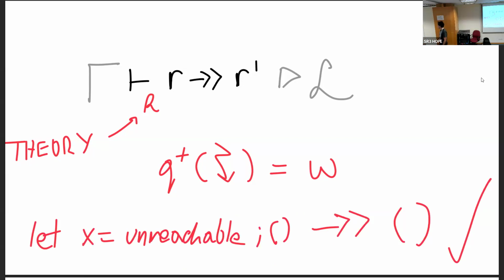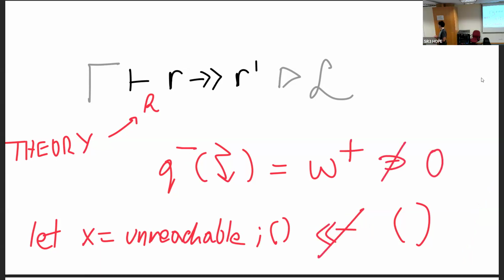But on the other hand, if a variable is used no times in the expression, here we just have the null expression, then we could just remove potential UB. It's always safe to eliminate potential UB. On the other hand, for the negative polarity, we have that our multiplicity is irrelevant. What that means is that it's still safe to duplicate, as we said before, but we can't eliminate. The reason is very simple. If I have a program which does nothing, it would be quite dangerous to randomly stick UB on the front. So our multiplicity information for effects is directed. Don't worry, I'll give some clearer examples later.